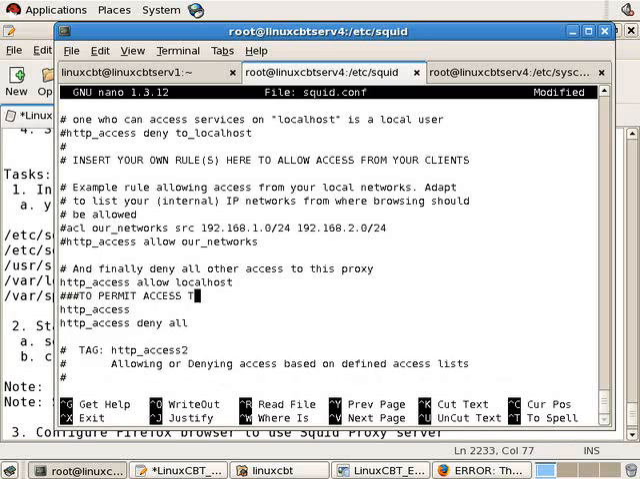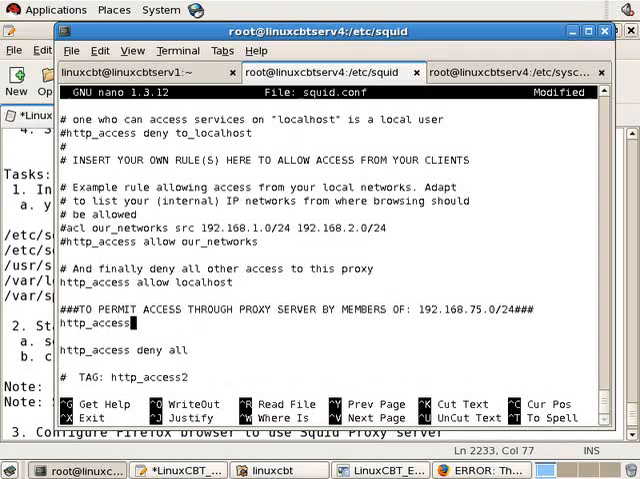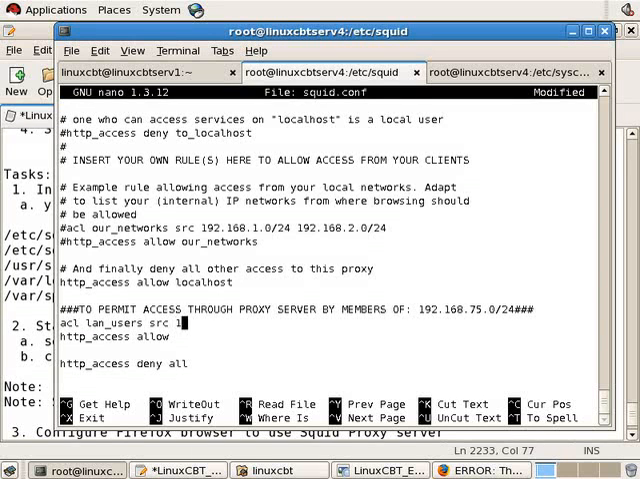So to permit access for our local subnet, we'll indicate HTTP access, and let's just include a comment that this is to permit access through the proxy server by members of our local subnet, 192.168.75.0/24. And this is our rule, which we can reference at some other point. So HTTP access allow, and we should define the group perhaps as local net or local subnet or internal net or some useful name. We're going to define it right here as the following: ACL LAN users, this will be our name, with any source 192,